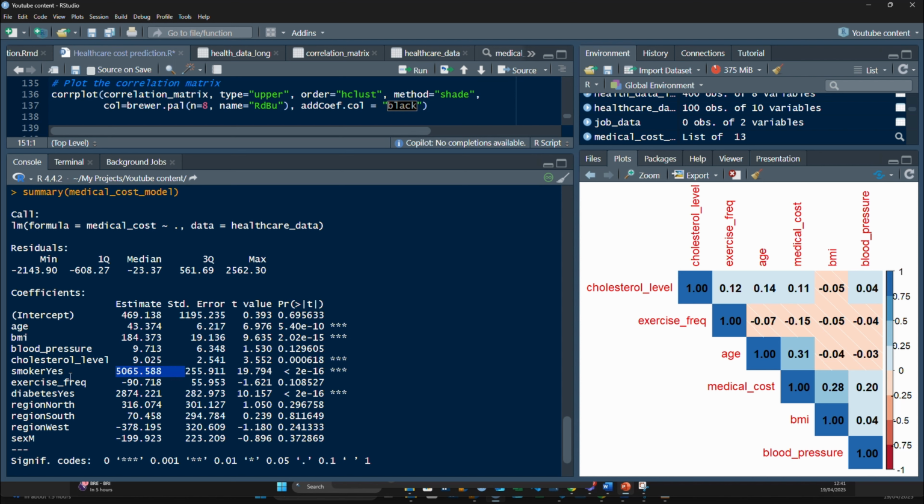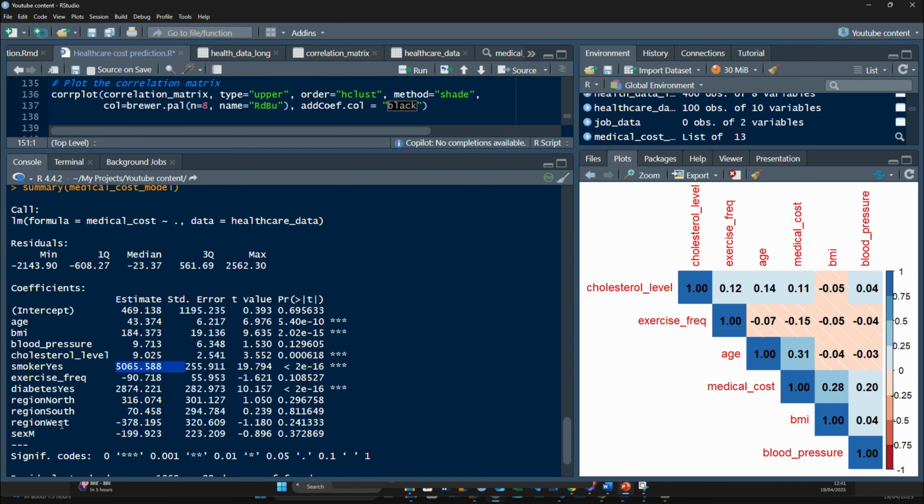So this compares, given a person is a smoker, the unit cost will be 50.65 compared to the one who is not a smoker. So that's the value the model tells us. And for the region, our reference group, it has given us the people who are in north, south, west, and it has used east as the reference. So given a person is from north, the medical costs will be increasing by 316 USD compared to a person who is from